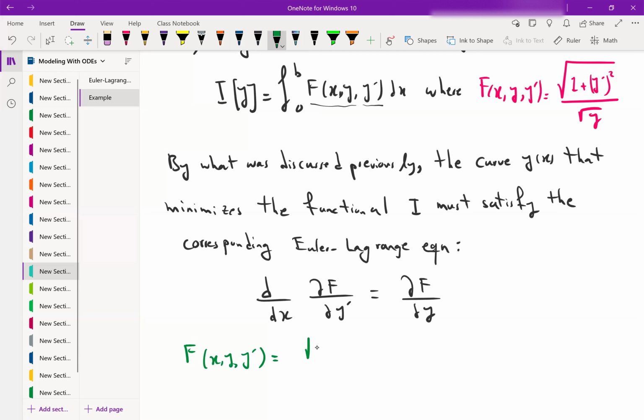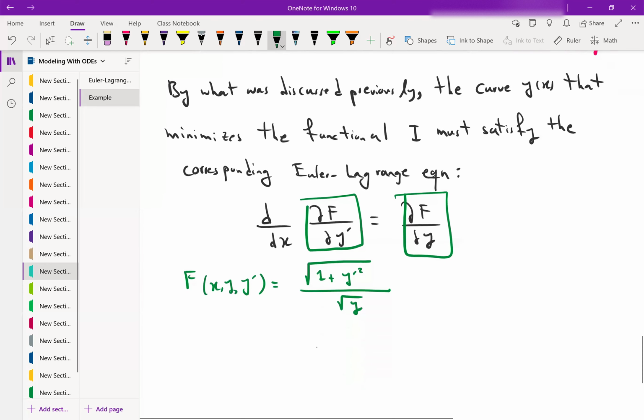So it is the square root of 1 plus y prime squared, divided by the square root of y. Now first I will compute this quantity, then I will compute that quantity, and then I will also take the derivative. We have, starting with partial f partial y prime,